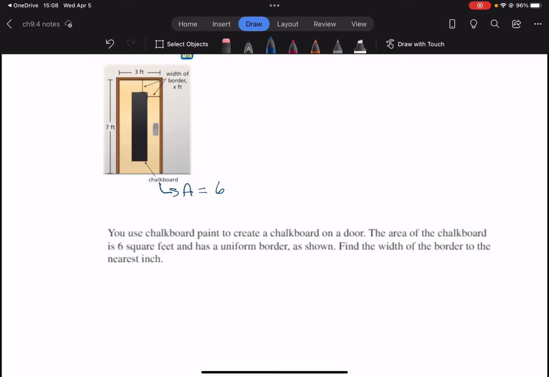And so the area of the door is 21 square feet because that's 7 times 3, length times width. So to get 21, so remember to get the length here. So let's see, the area is